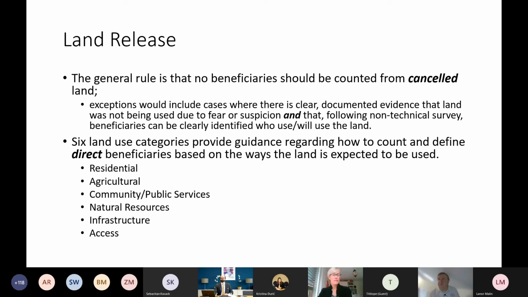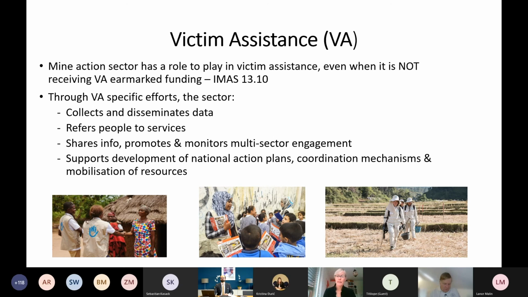So in February of this year, the IMAS Review Board adopted IMAS 1310 on victim assistance, which confirms that the mine action sector has a role to play in victim assistance, even when not receiving so-called victim assistance earmarked funding, meaning that when we are conducting explosive ordnance risk education, community liaison, clearance survey, as seen on the slide here,